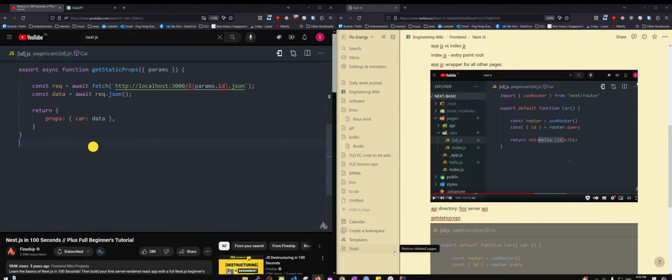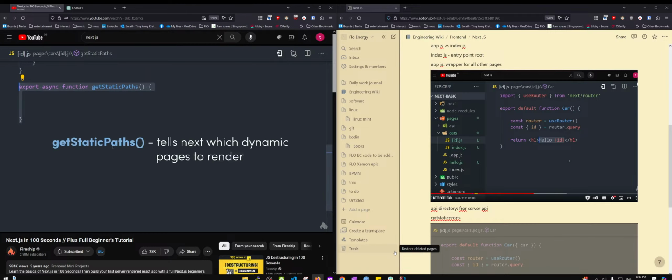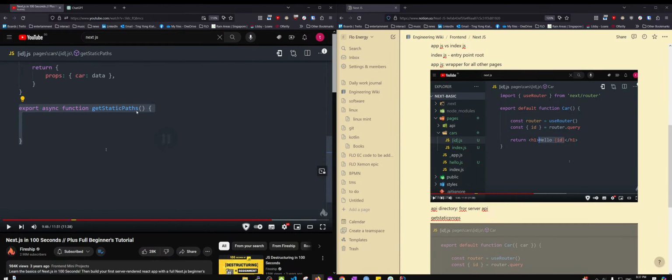Now, because we're working with a dynamic route, there's one other thing we have to keep in mind, and that's the fact that Next has no way of knowing how many pages we actually have associated to a dynamic route. In order to pre-render all of the car IDs, Next needs to know those IDs in advance. And the way we provide that information is by implementing the getStaticPaths function. This function can also request data from an API or database,